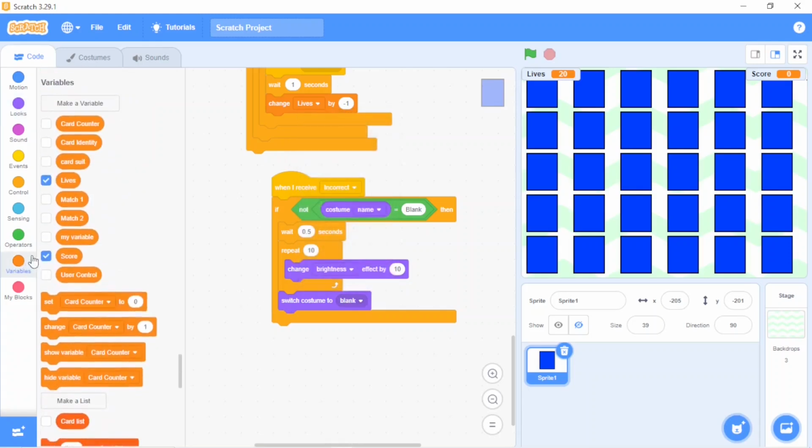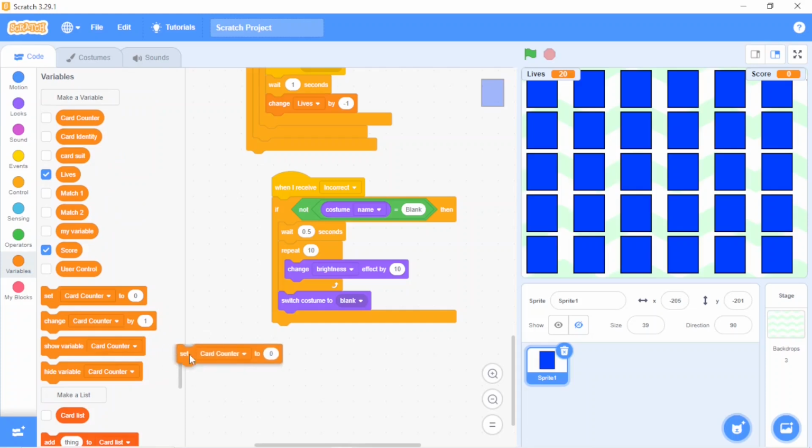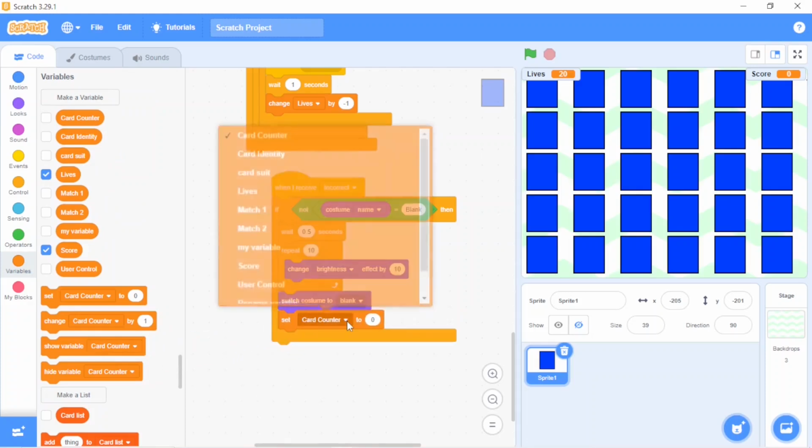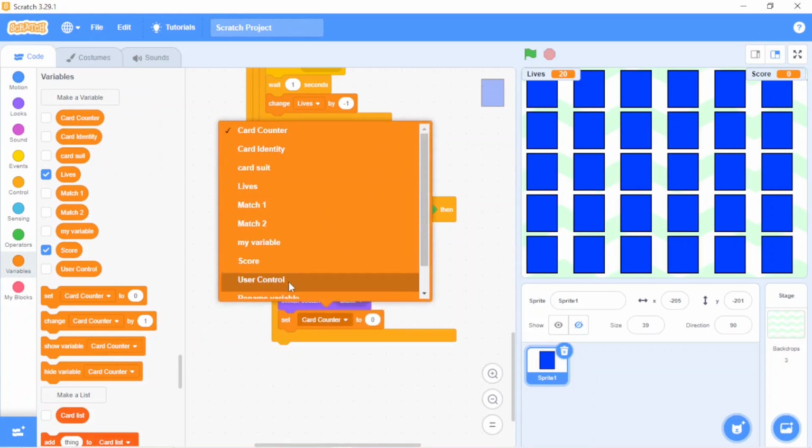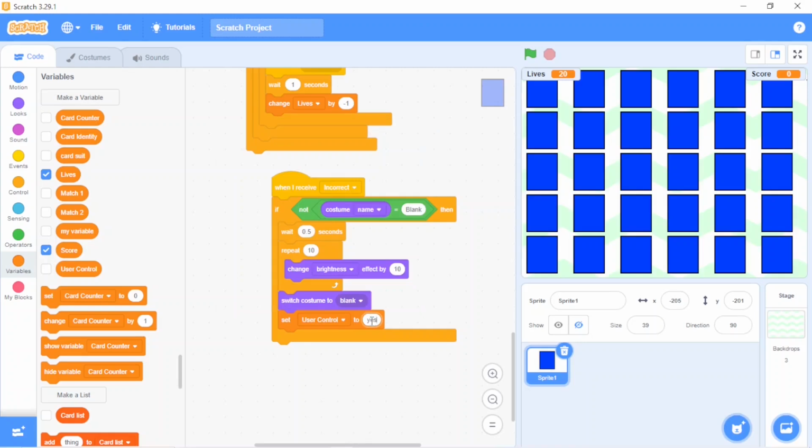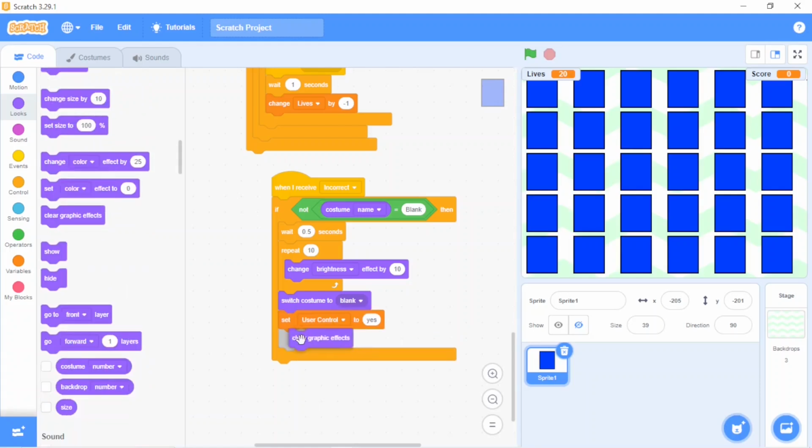Then set user control to yes, because again we need to give the user control to click on the same card. So I will write yes over here and clear all the graphic effects. Yes, this is all about when we receive incorrect.